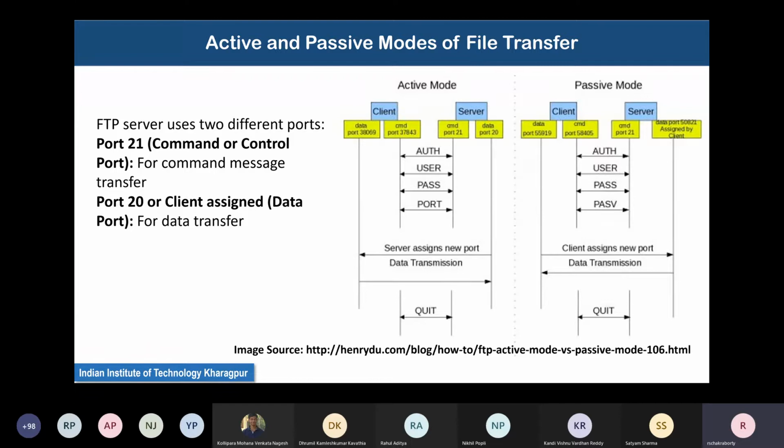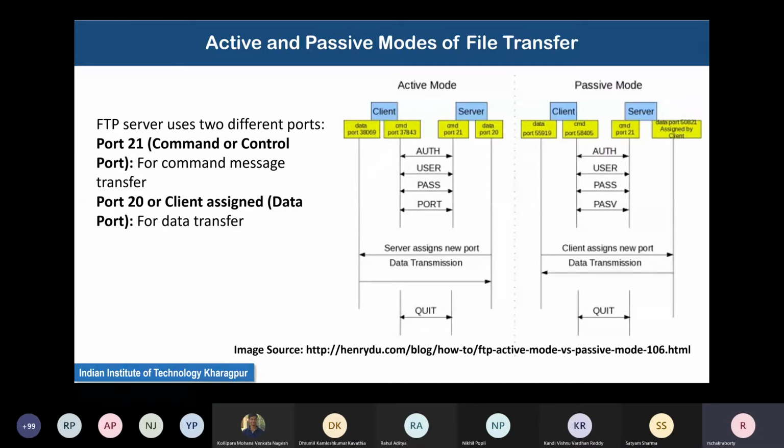You do not need to connect to both. In this case, you actually need to perform connections to two different ports. The FTP server for command or control uses port 21.